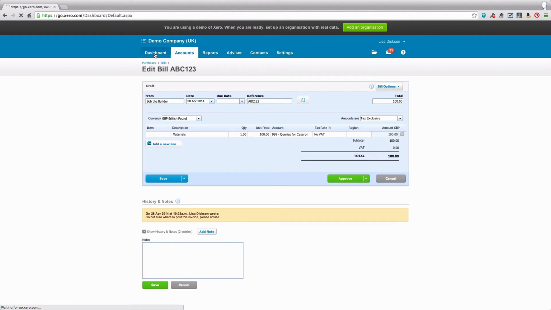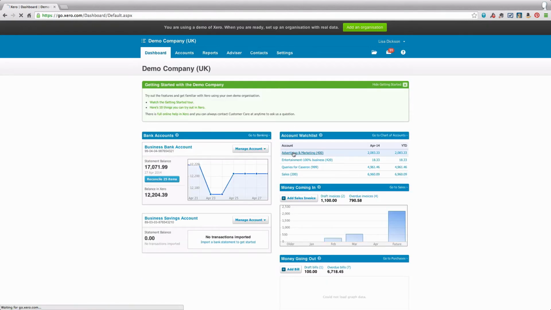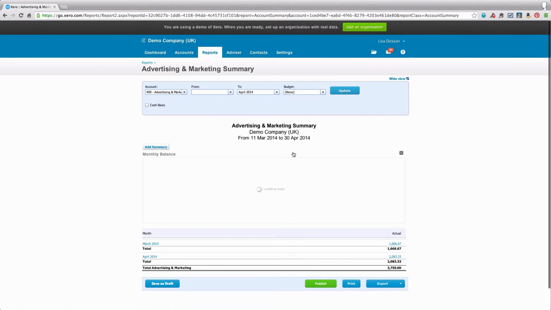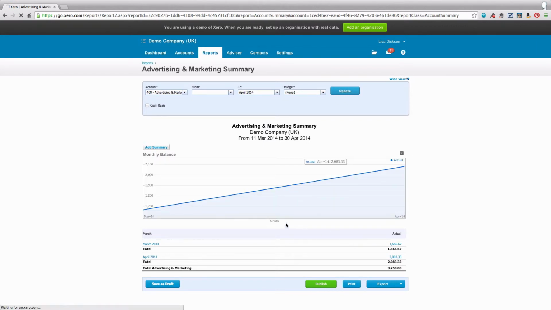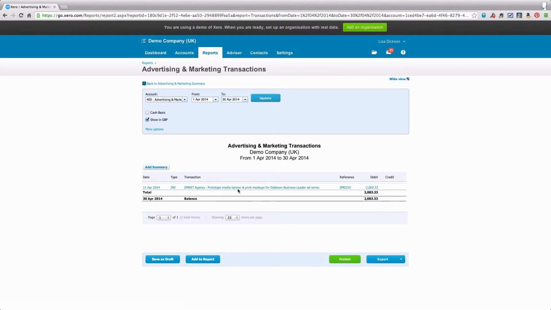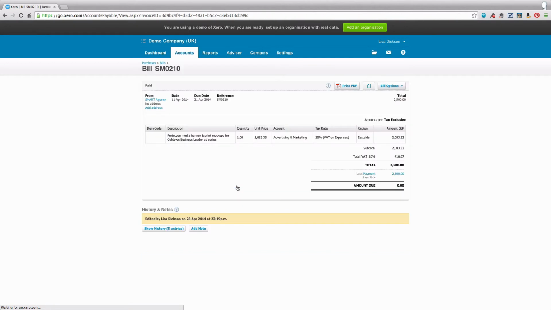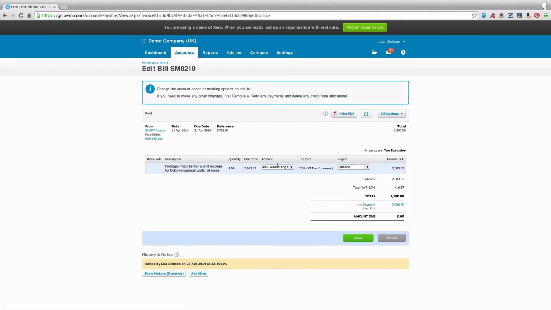If we go back to the dashboard and say this time we have an item that we've posted to advertising and marketing and we're not sure that it's gone to the right account code, we can look at the transaction. We bought some prototype media banners from Smart Agency, but say for example we don't think that should have gone to advertising and marketing, perhaps we want to capitalise it or we think it belongs to another account code. We can edit the transaction, we can post it to 999,